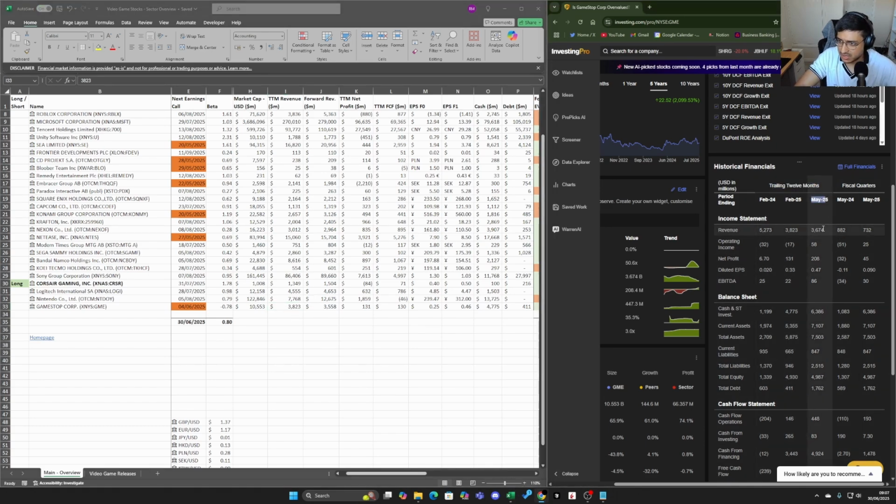In the latest quarter, we can see that the trailing twelve months revenue is now 3.674. So it's kind of gone down. And one thing I like about this process, about it being manual actually, is I'm pretty sure there's a way